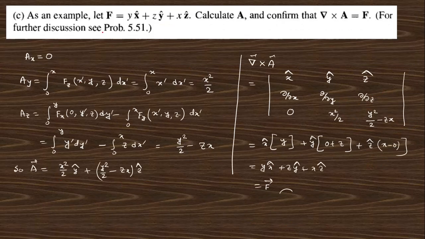So for equation c, that is vector f can be written as this, an example. Next question says the f vector equals like that, calculate the A vector for this condition. So Ax equals 0, Ay equals this expression, so the fz component is x, so this is x square by 2, and Az will be expressed like that, so fx will be y and fy will be z, so this is the value of these three things. So total vector will be like that, simple. Now curl of A, just putting in this value, you will get this expression which matches the f. Okay, I think these things are clear.